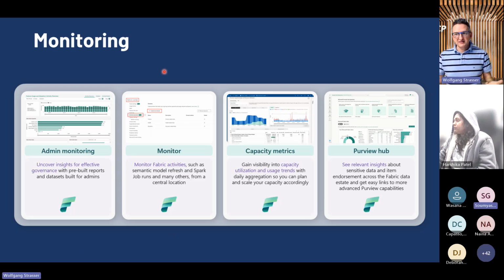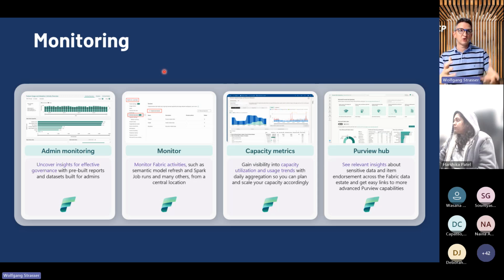And at the end, it's about the monitoring. So we need to see what's going on in our environment. We need to learn what are the things where we can improve. And first of all, when we deal with Fabric, we've got those capacities that really power our Fabric environment.